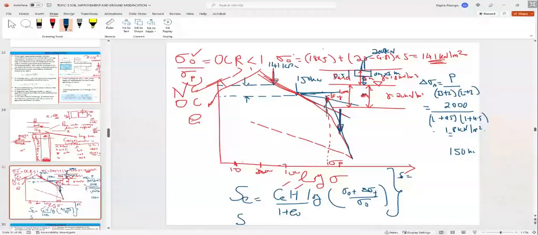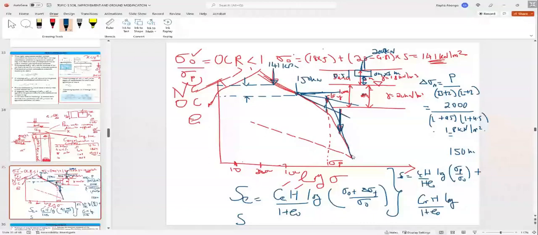So the settlement will be Cc H over 1 plus e naught, log of Qp over Q naught, plus Cr H, where Cr is the slope of the recompression curve here, this is the recompression, this is the virgin compression curve, over 1 plus e naught, log